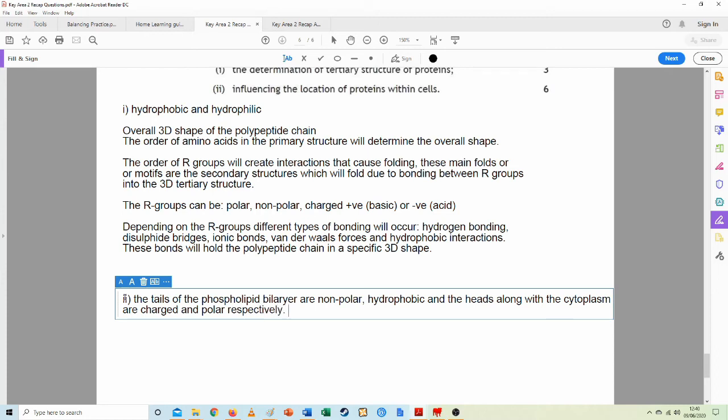When anybody writes respectively, it means that how the sentence goes is how it's meant. So the head section is charged and the cytoplasm is polar because it's made up of water molecules majoritively. You could even make the argument that because it's got so many dissolved ions in it that it's charged as well, but we'll stick with that without getting too deep into that. So I have really got to state that the R groups, because remember, this is still in reference to the R groups, so a protein with